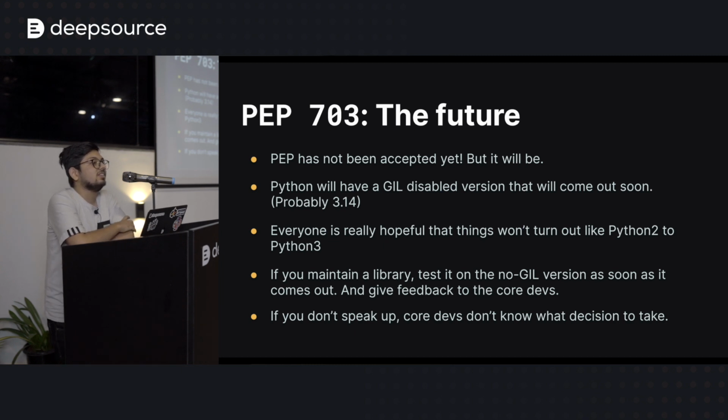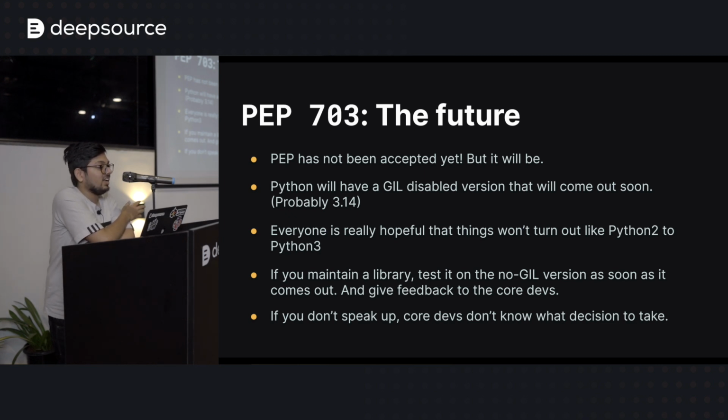The current explanation by the steering council is that Sam Gross has done really good work, but a lot of work still has to be done. So it will be a while before this change gets accepted into mainline CPython. Probably it will end up in CPython by release 3.14, which is the Pi release.